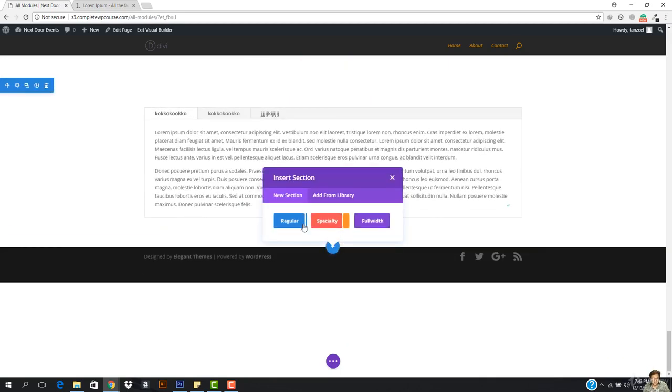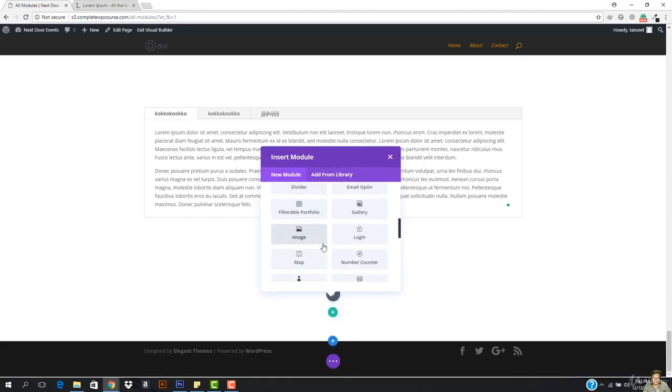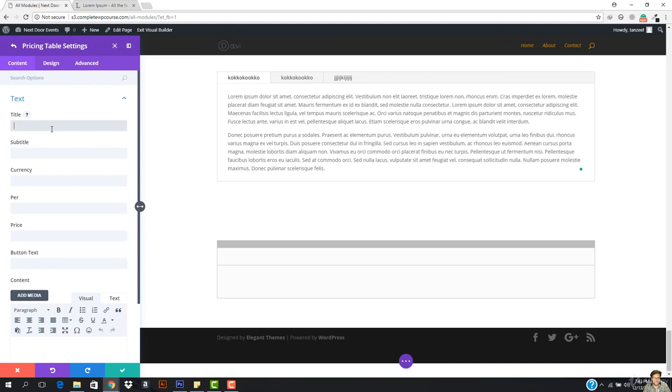I'm going to click here and I'm going to hit regular right here. And I need a full width again. And here we want to work with, okay, so we haven't worked with the pricing tables right here. So let's add these pricing tables. I'm going to click here, and you can see they are right here. I'm going to come here, and here should be the title. So this title is going to be